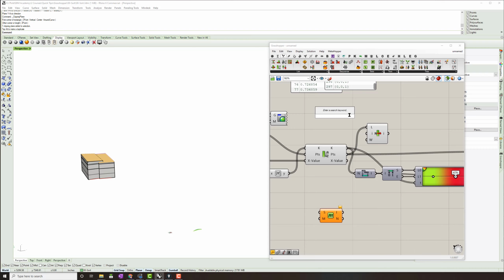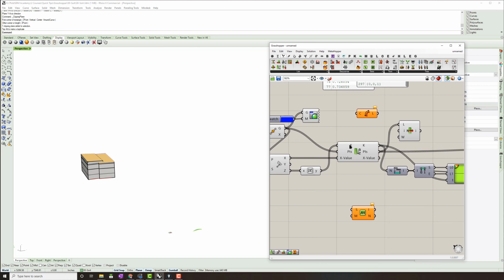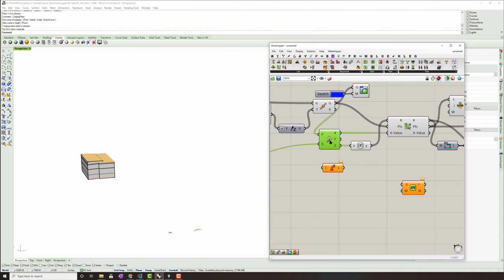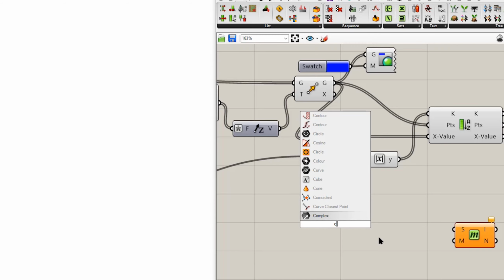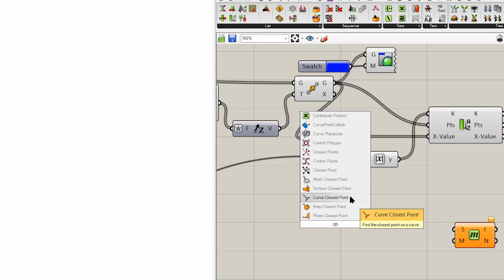So common sorting methods are going to be like length. So len, this is going to measure a curve length. You can use that as a key, so you can measure the curve. We talked about plane coordinates. That's really common. And then also closest point. So if you just type CP, we've got plane closest point, BREP closest point, curve closest point, surface closest point, right? So these are all essentially the same component, just dealing with different